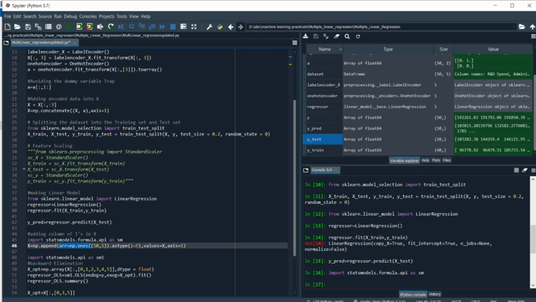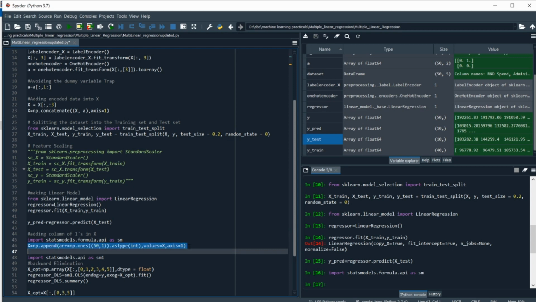So we are converting the numpy array of ones into an array with all the values as integers, and then we pass values equals x, that is our second array, our independent variable. Then we are appending both arrays together on axis 1, that is column-wise.